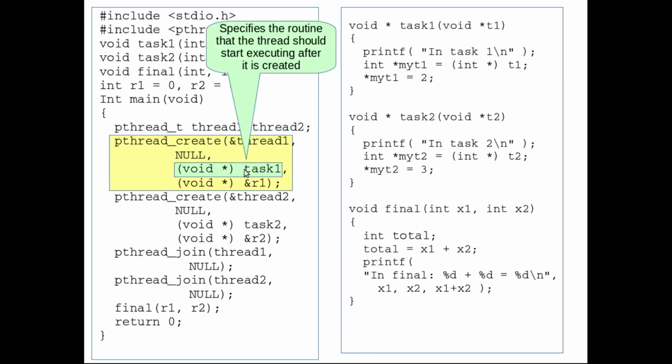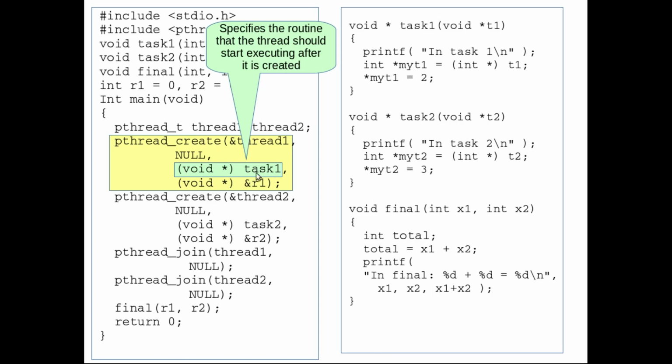The third argument specifies the subroutine that will be executed by the thread. In case of a process, when we create a new process, the child process will start executing from the next statement, if you remember, but it is not the same in case of threads. In case of threads, the newly created thread will execute not the next statement but the subroutine that is specified in the third argument.